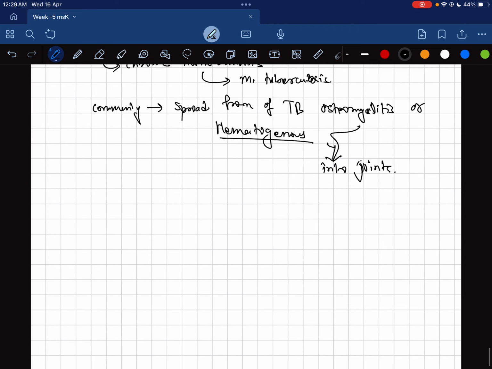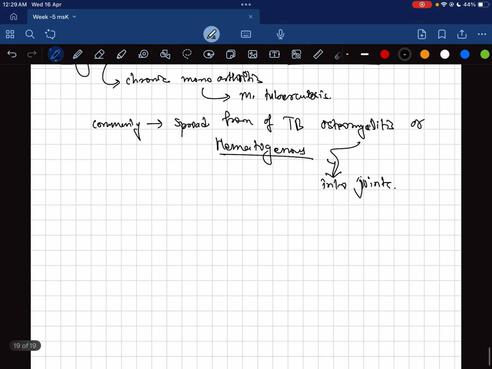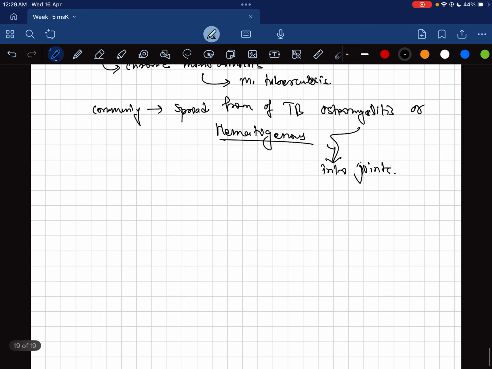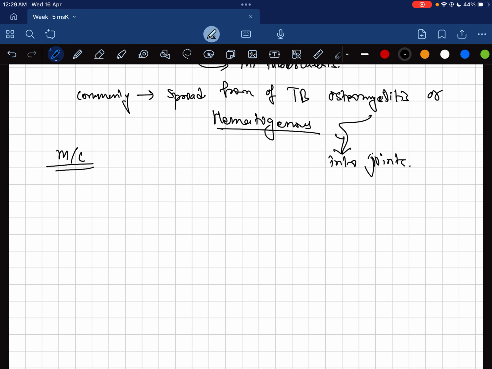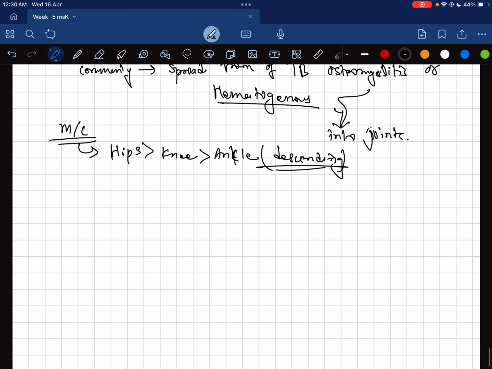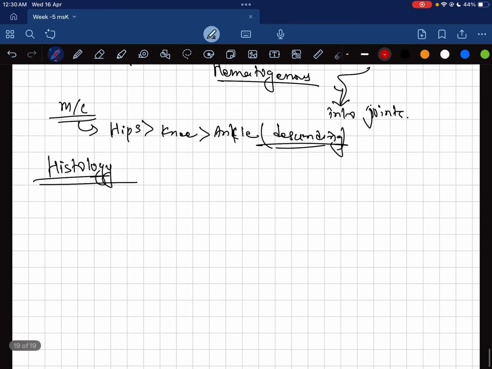So in mycobacterial arthritis, the most common involvement is of joints like the hip joints, then the knee joint, then the ankles, in a descending way. So when we look at the histology of the joint involvement,